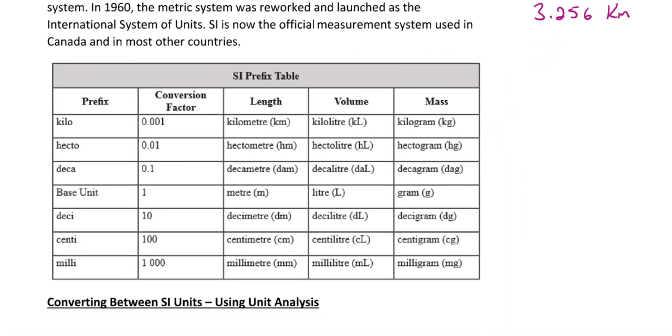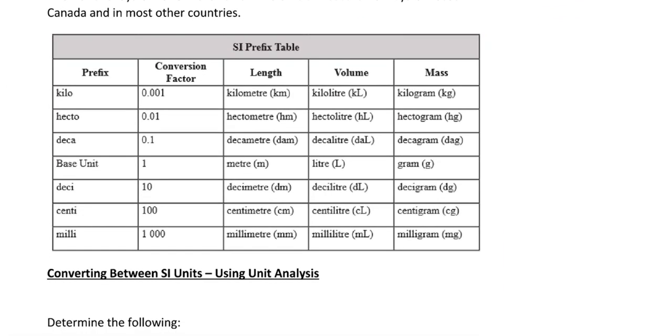Okay, so looking at this table here, what's going on here? There are different prefixes, just words before, that we can go off of. So we've got kilo, hecto, deca, and then deci, centi, and milli. That might not make any sense, but if we were measuring distance, that'd be meters. Well, that would mean our base unit was m, for meters.